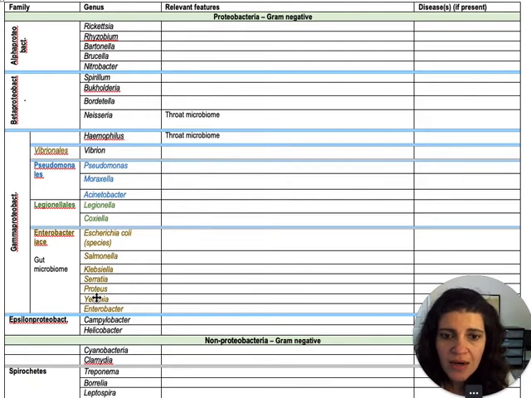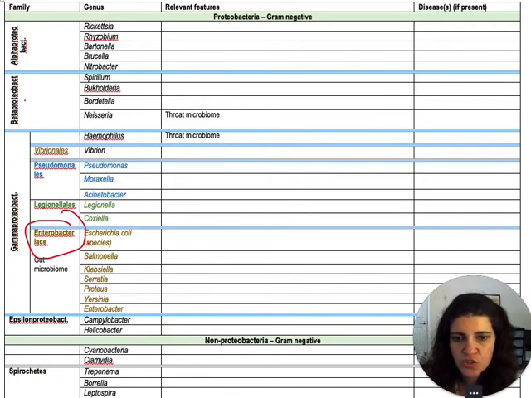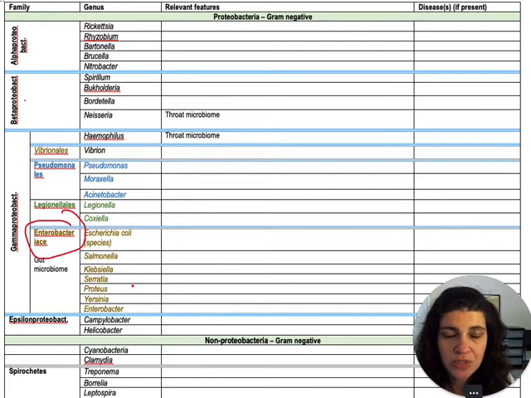The genera are here in this column, okay? What I told you that you don't need to know are these families here. I don't need you to know these families. The only family that I'm really going to highlight for you here is this one, Enterobacteriaceae. Okay, because they are the gut microbiome, so I want you guys to have a better understanding of all the bacteria that belong to this group. So clear, you know Enterobacteriaceae, you know the genera, you know relevant features that we're going to talk about now,